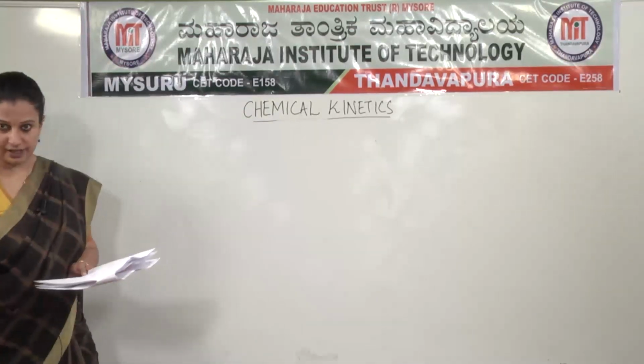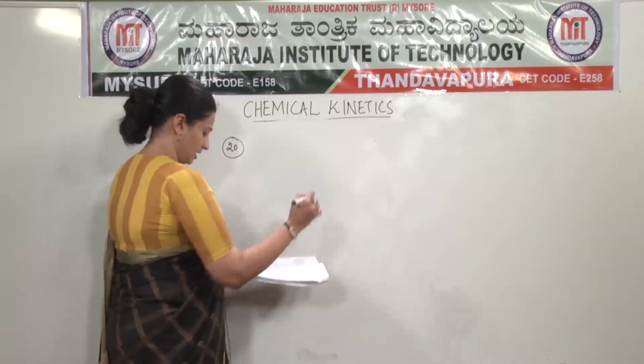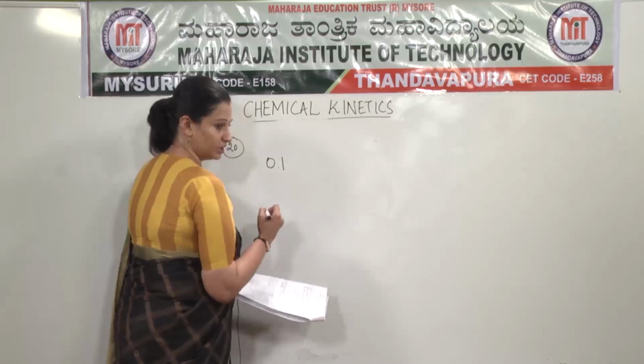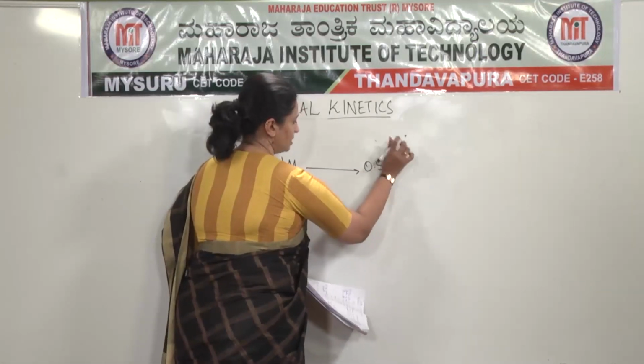It's a first order reaction. So in question number 20, let us say I am starting from 0.1 molar. So 0.1 molar will become half, which is